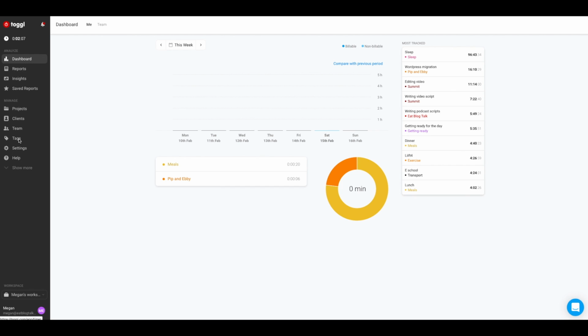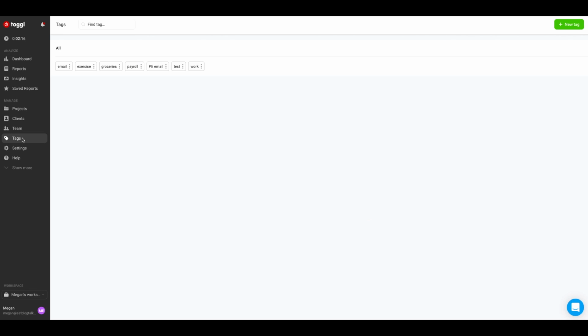I have not used a lot of tags because I like using categories and then tasks within the categories, but I can see where people could find this really helpful. Here are all the tags that I've set for the tasks that I've done, and I don't have many in here, like I said, but you can create as many tags as you want. If you go to the upper right corner, you can create new tags and go crazy with this. So for me, if I were to tag, the things I would want to tag would be work, maybe family,